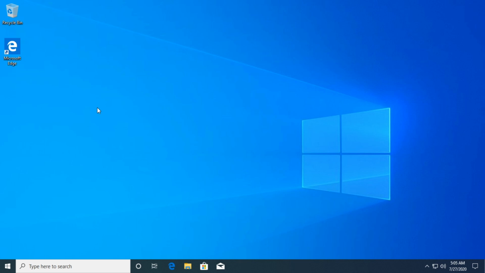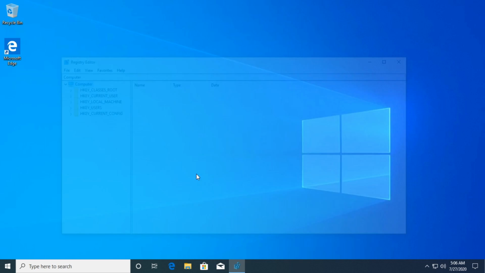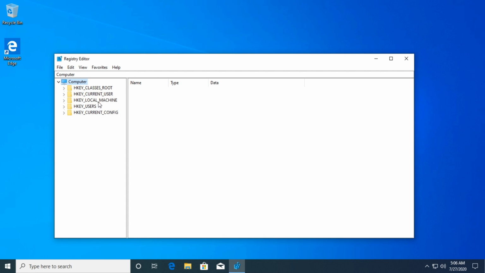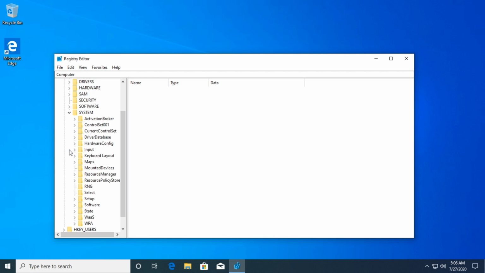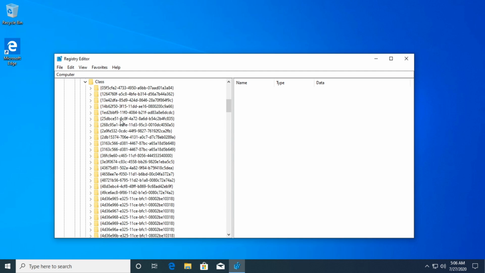And another solution that users said it works is to go to the search box and type in here Regedit, and you're going to see registry editor. Right click on it and run as administrator and then click on yes. Then go to HKEY_LOCAL_MACHINE expanded, then System, and then go and expand ControlSet001, then Control, then Class. Expand this a bit because these are a lot of files with weird names, and you should locate